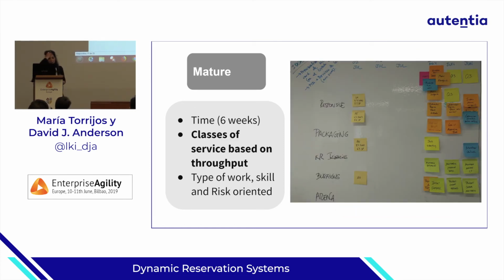The mature one, as I said, you need data, a mature team, an open-minded team to try it, because sometimes it's not easy to understand for everybody. On top of that, as you mentioned before, we need to go beyond that and identify not just the number of stories that you are able to deliver on a weekly basis, but the type of work. If it's front end, if it's UX, if it's back end, if it's QA, whatever, because